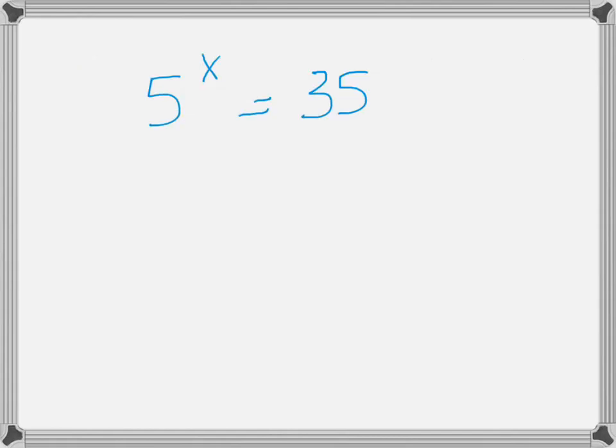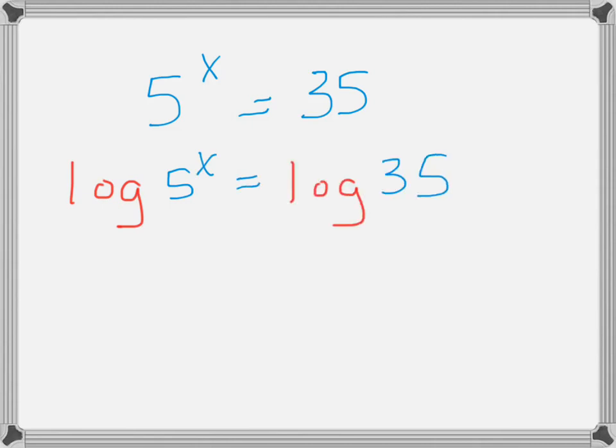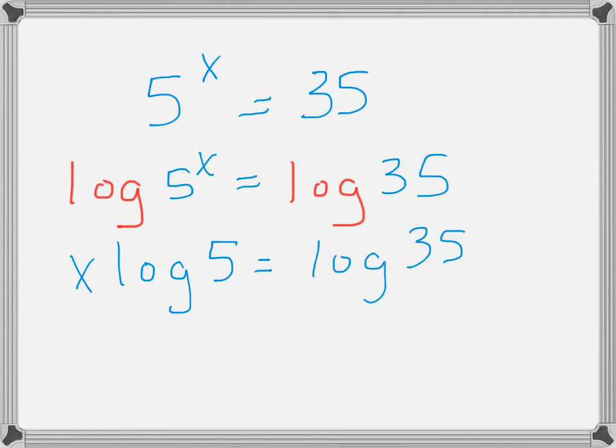Sometimes there's not a log on either side. For example, 5 to the x is equal to 35. In order to solve for x, which is an exponent, we need to bring it down, but the only way to bring it down is if we have a log on both sides of the equation. So we're going to take the log of 5 to the x is equal to the log of 35. That allows us to bring our x to the front, and so we have x log of 5 equals the log of 35. Finally, we divide both sides by the log of 5,